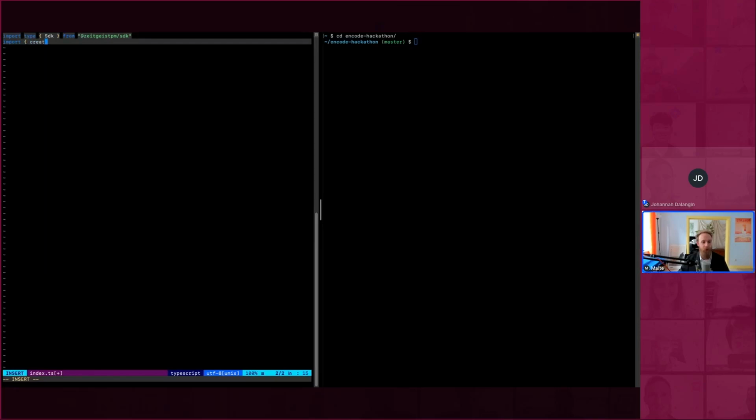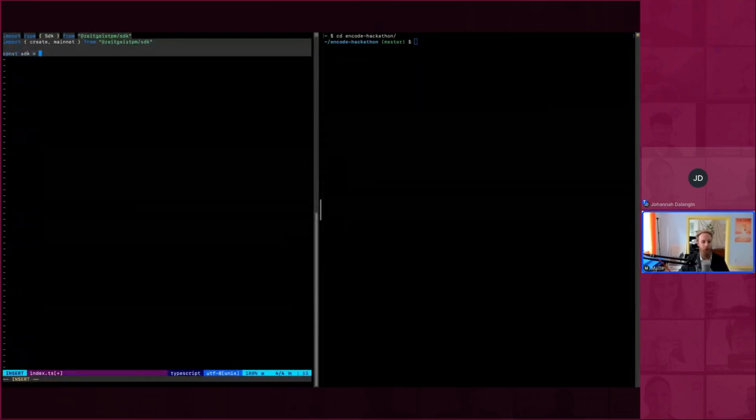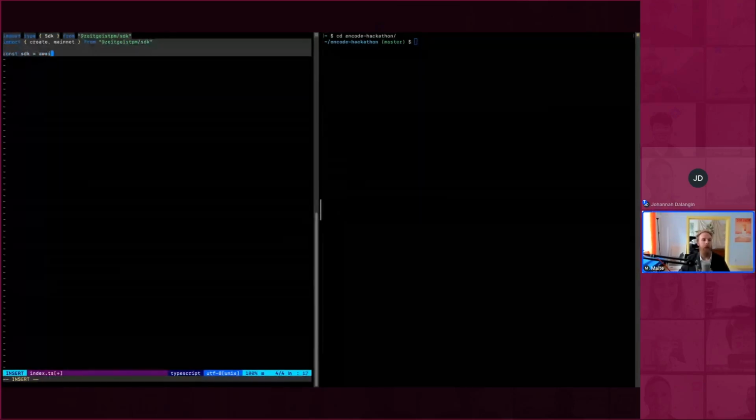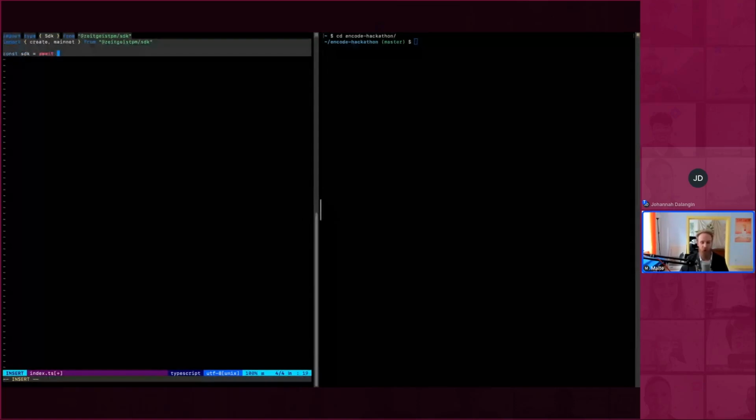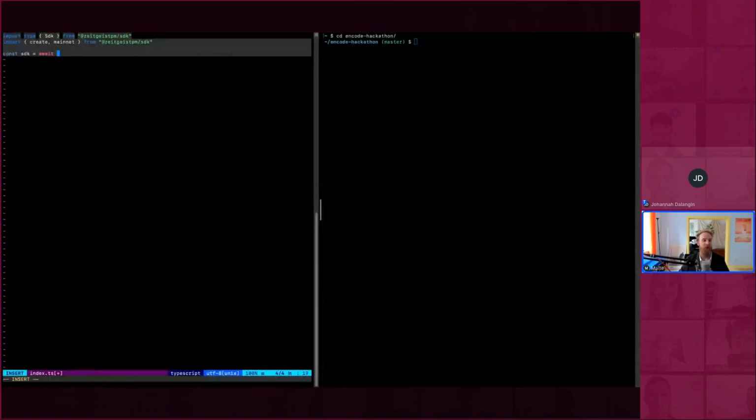Take a second here. So yeah, let's do this example on the mainnet. So the SDK is quote unquote just a wrapper, but it is so much more than that. You can think of it as a wrapper around the Polkadot.js API.